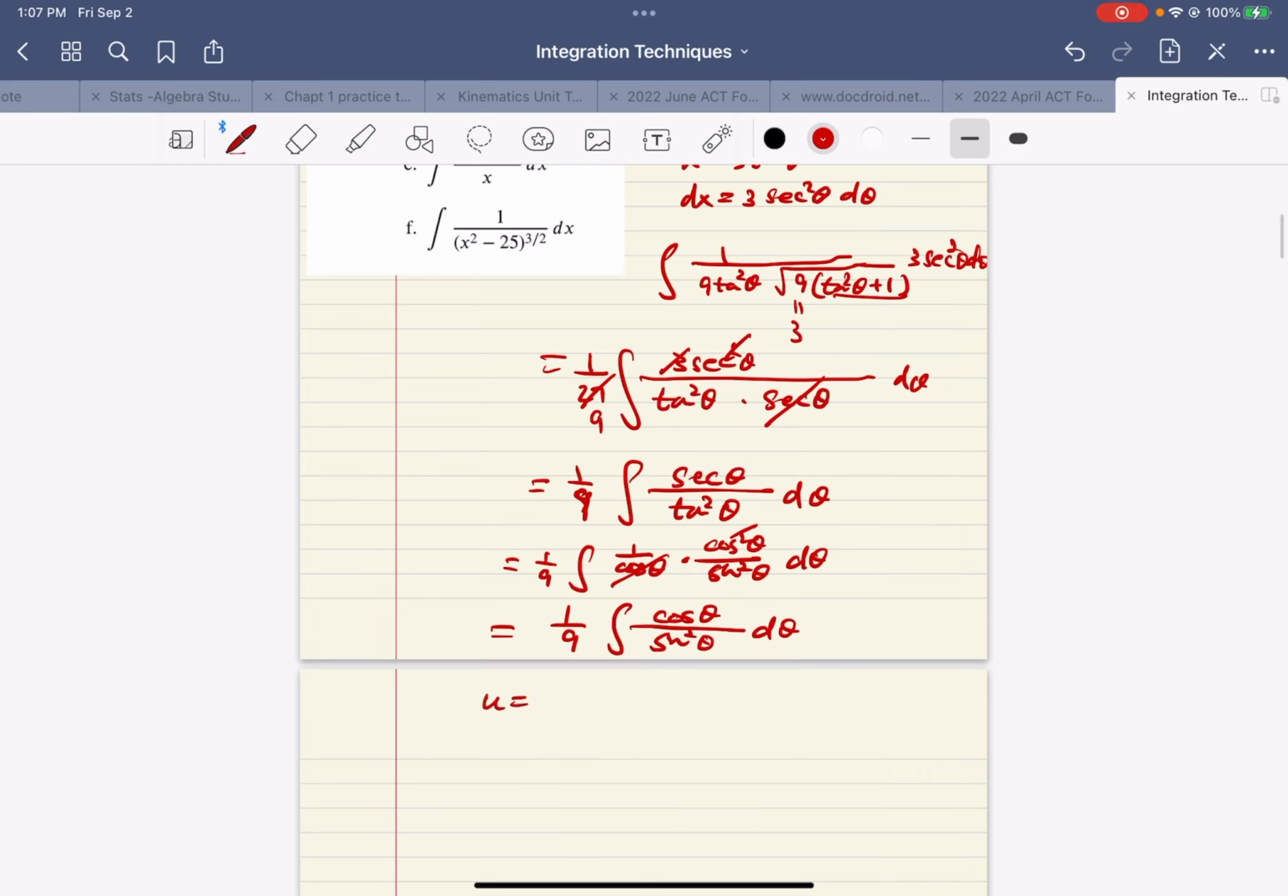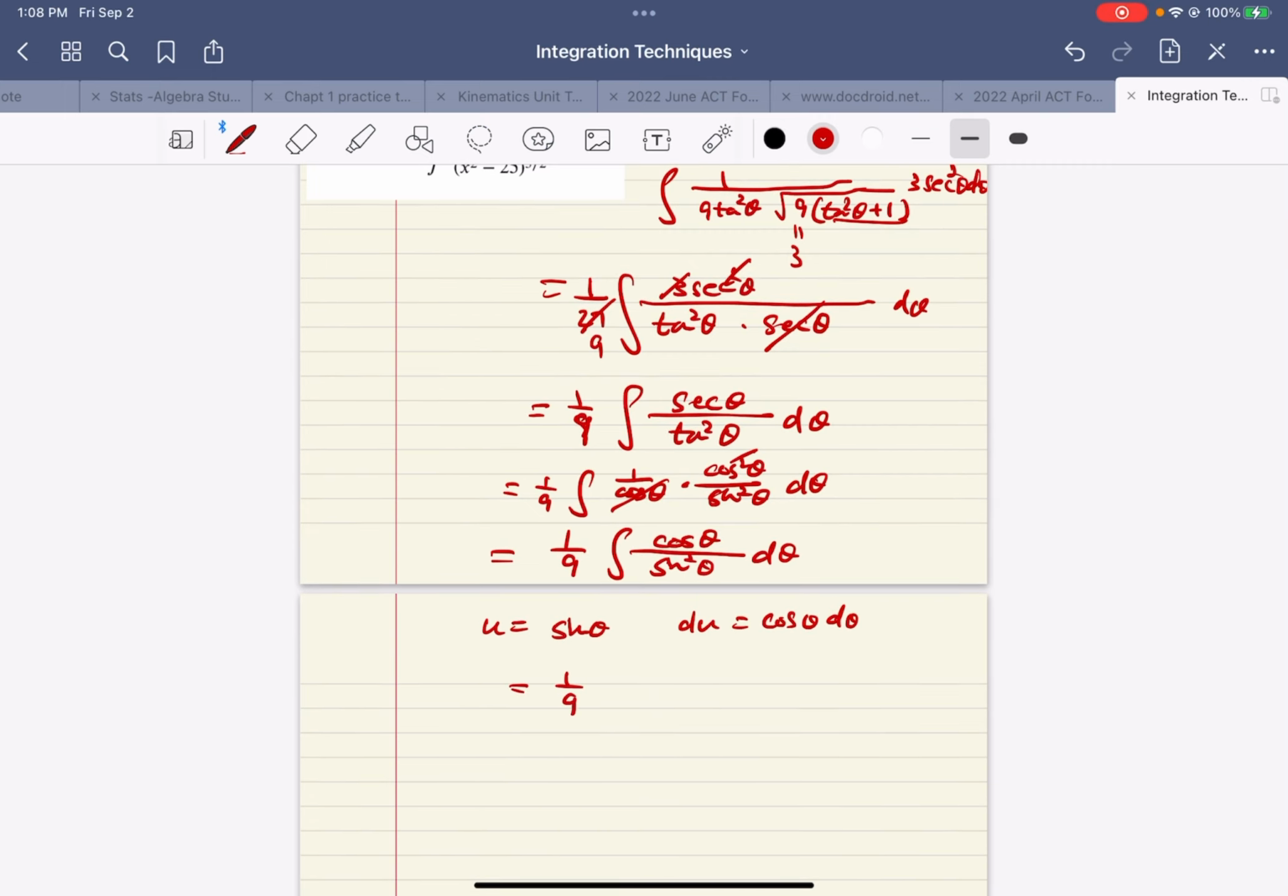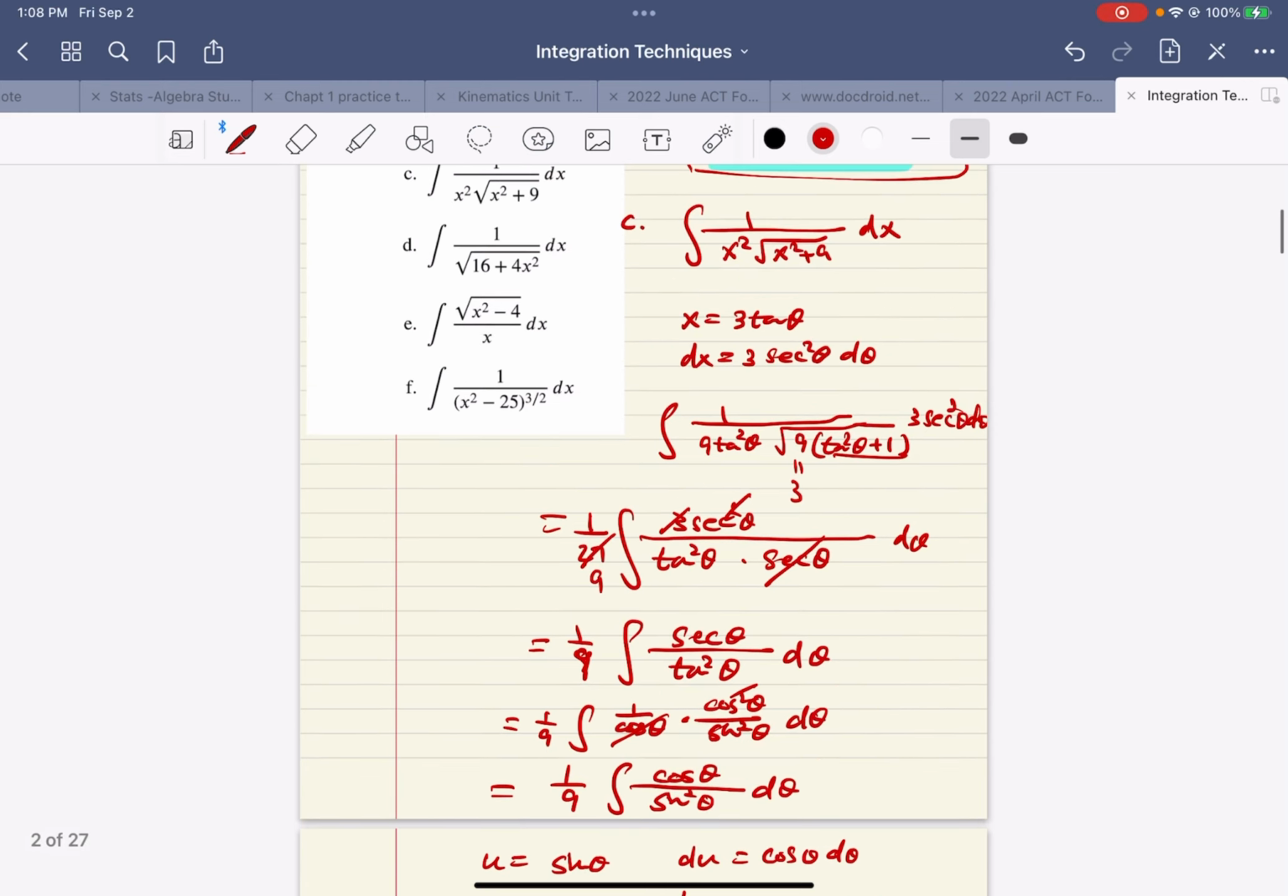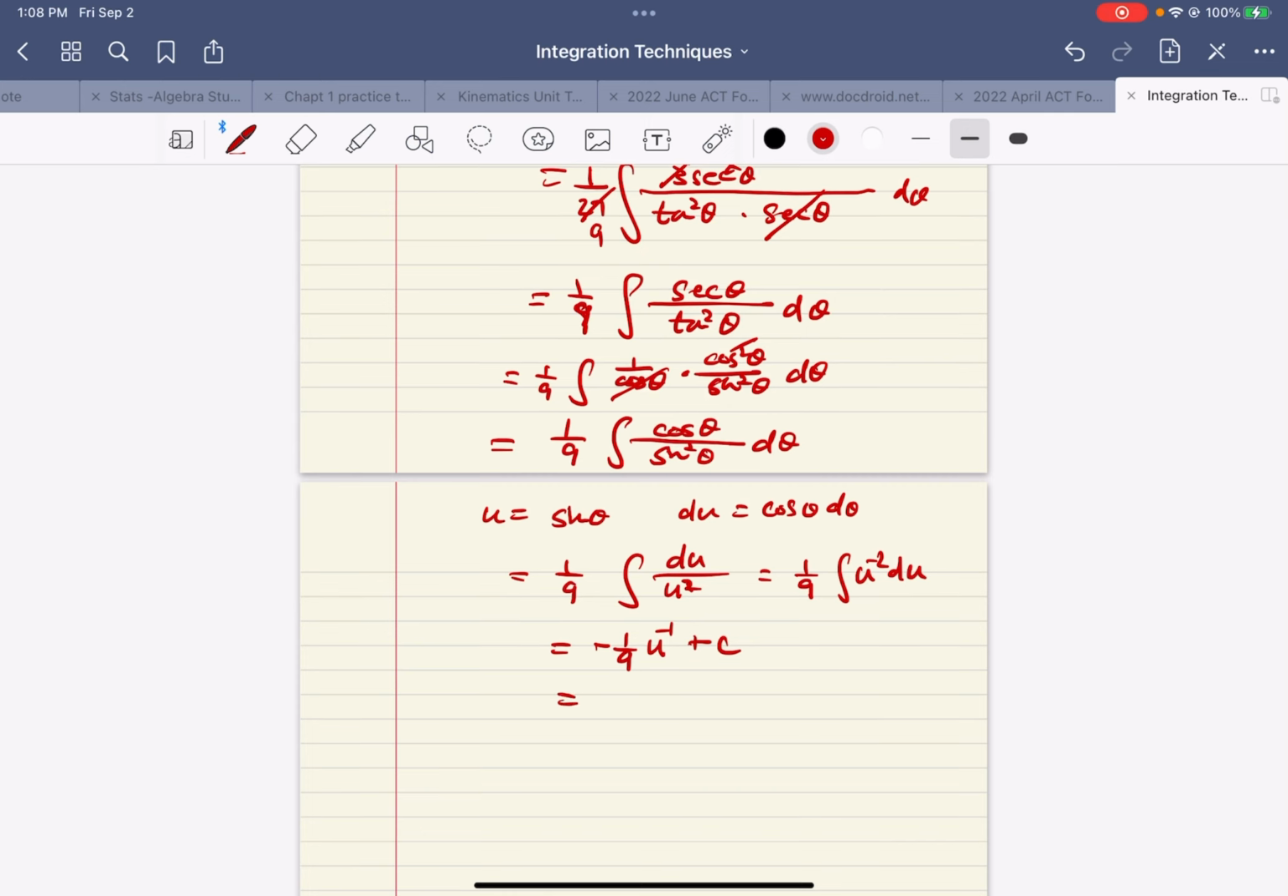So let's say u sub: u equals sine theta, then du equals cosine theta d theta. 1 over 9 integral, then u square on the denominator, the numerator is just du. So 1 over 9, this one u to the negative 2 du. So use the power rule, you add 1, so negative 1. So negative 1 over 9 u to the negative 1 plus c. This is an indefinite integral. Now you plug back, negative 1 over 9, 1 over u was sine theta, plus c. Now you have to make it in terms of